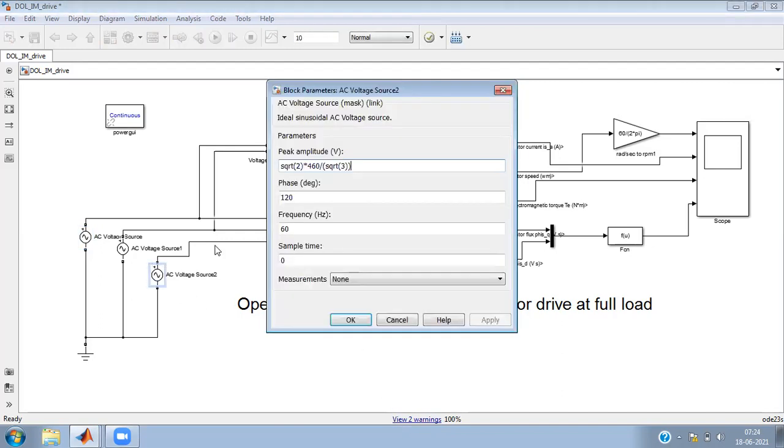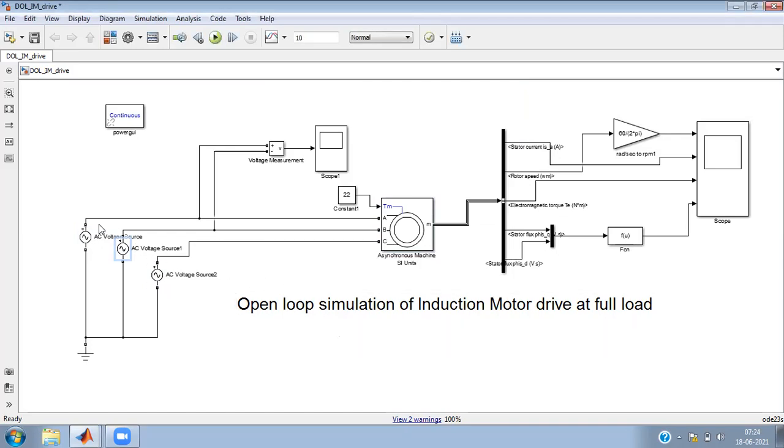This is another phase with phase difference 120 degrees, and the third phase is with phase difference 240 degrees. Other parameters like voltage and frequency are the same. This is how I have generated the three-phase voltages and applied them to the motor.